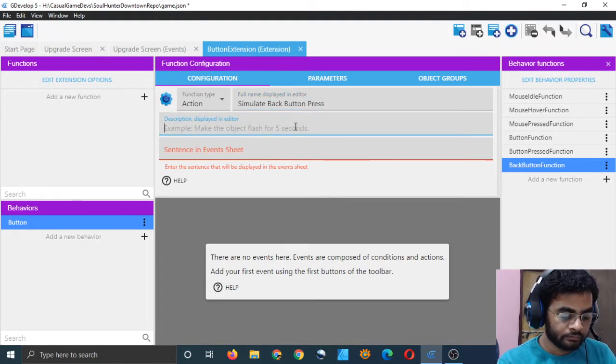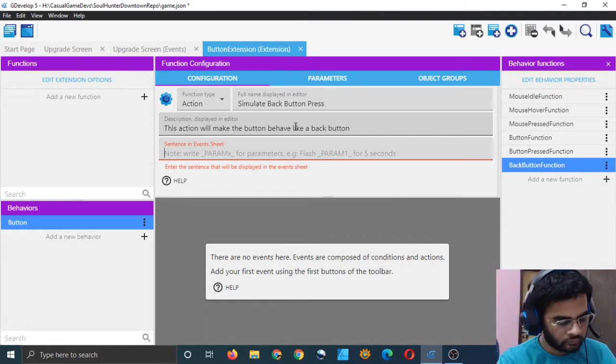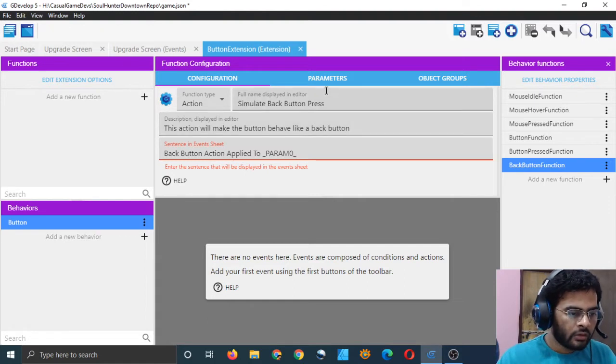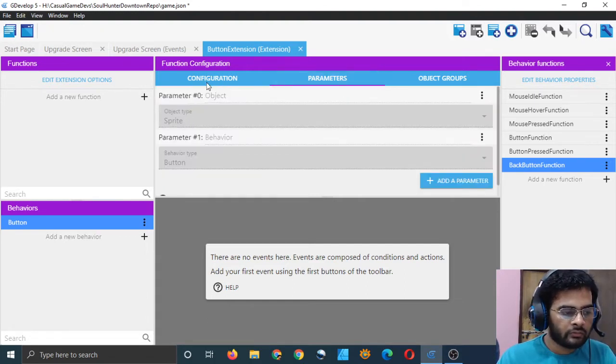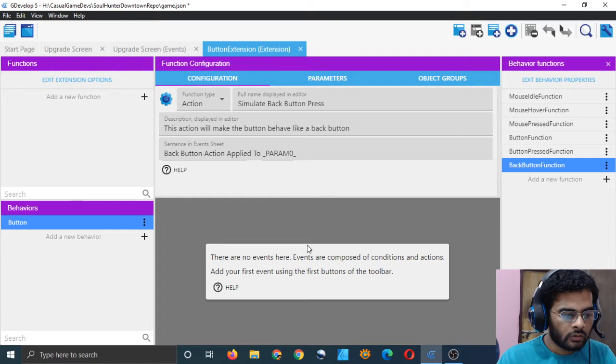This action will make the button behave like a back button. Back button action applied to param 0. Param 0 is the name of the sprite, right? So that's good. And now we will add some events here.